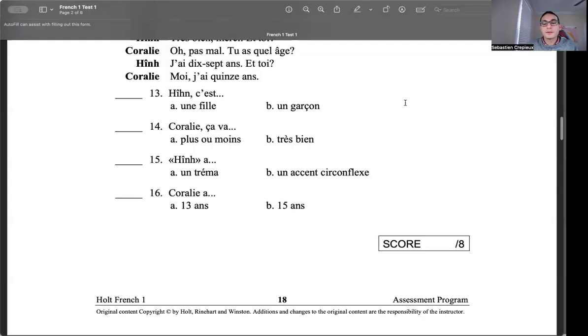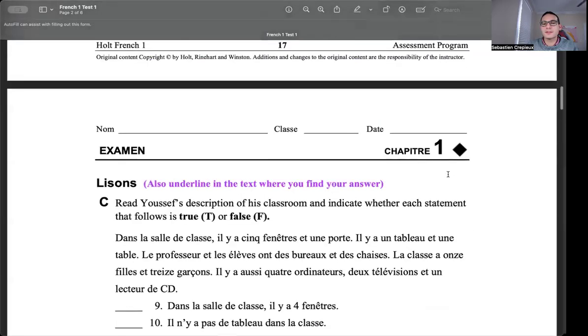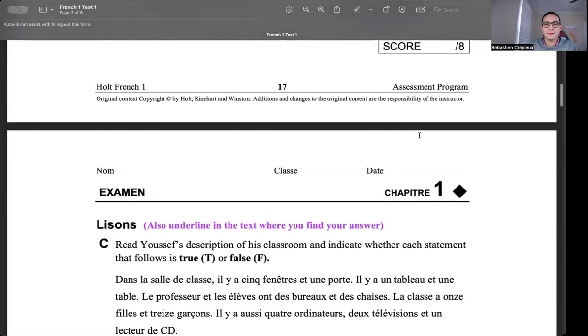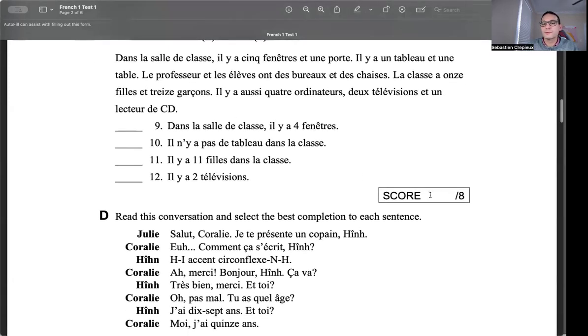So you can see here those questions, you can't make mistakes, right? Because if you make one mistake, you lose 2 points, right? 2, 4, 6, 8. Boom. It's the same here and the same for the listening part. So you have to pay attention here. You have to have the full credit here, okay? If you make 1 or 2 mistakes, boom, you lose 4 points. Meaning instead of being graded over 100, you're going to be graded over 96. So it's kind of an issue.